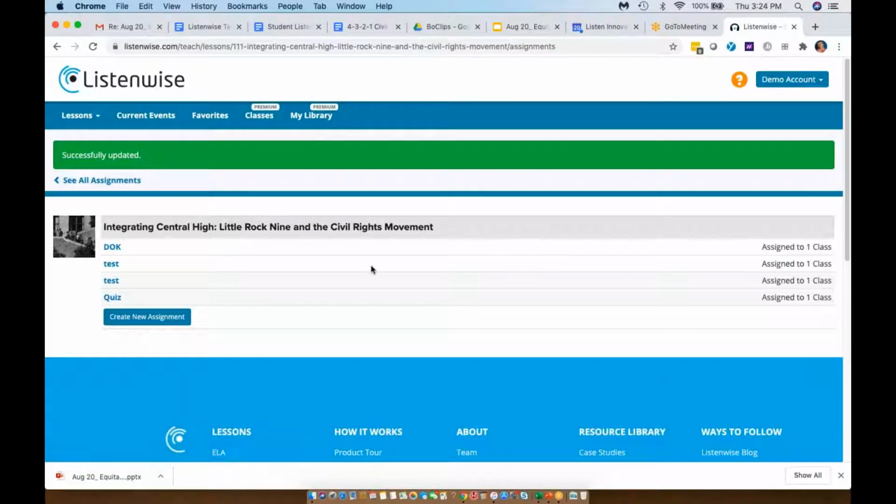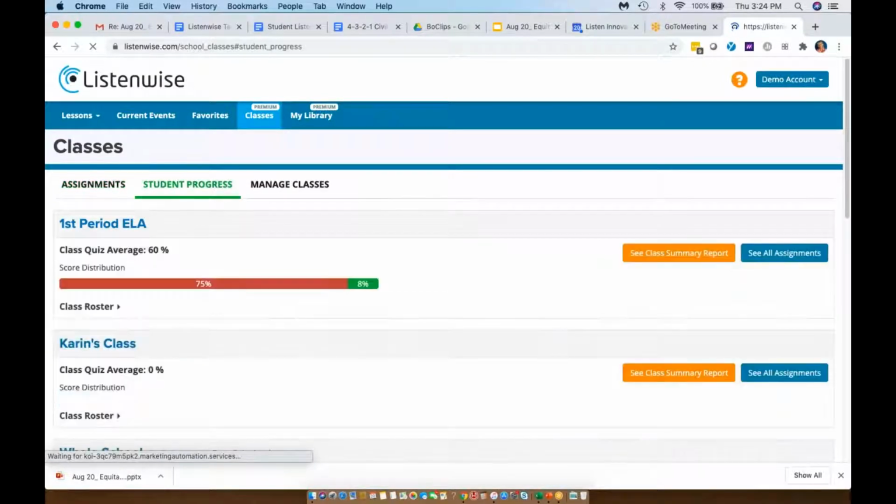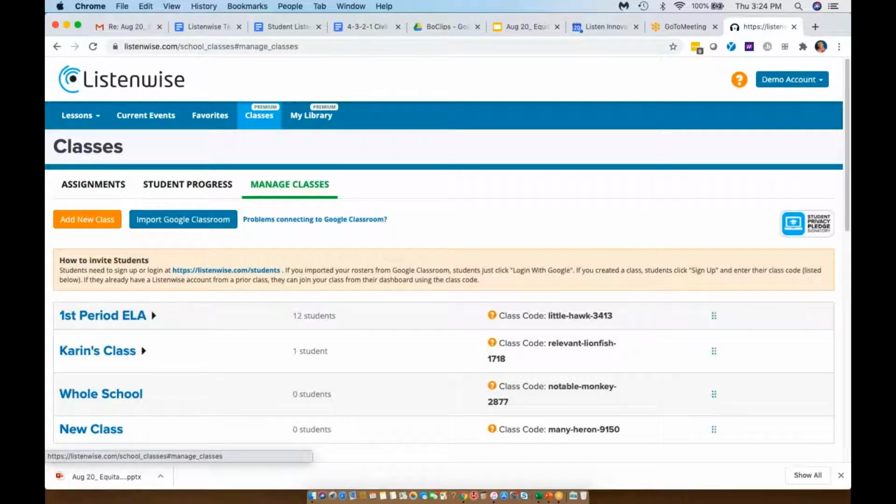So now it's ready to go. We've also just introduced a new look at the classes to separate out your assignments. You can track your students' progress and manage your classes easier. So these are all things we hope will make it a lot easier for you to be using Listenwise frequently